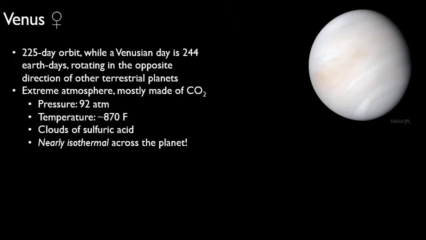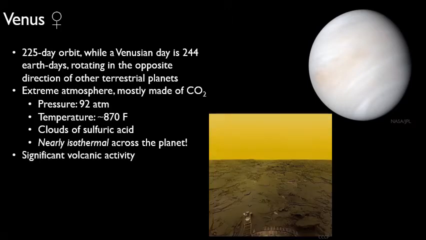Partly because this atmosphere is so thick, so dense, the temperature is nearly isothermal, meaning the temperature at one place or another is almost the same. So you can go from the equator to the pole, and the temperature is hardly any different, right? Which is markedly different than what we have on the Earth, where you're very cold at the poles and hot at the equator. Part of that is also because there's not a tilt